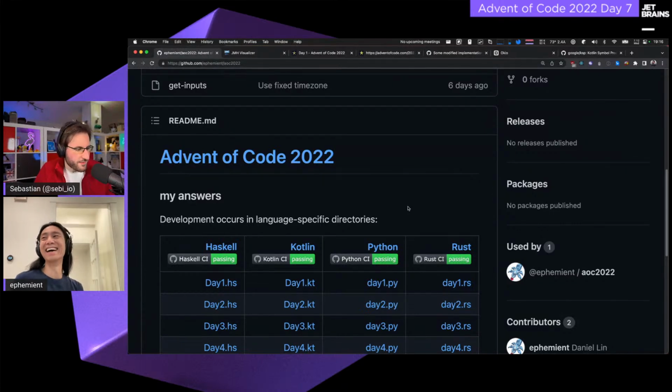I have flashbacks from I think one or two puzzles where I'm like, please. Yep. No, I have written more A-star searches for Advent of Code than I've done for any school projects or anything ever. Okay, wow. I think that says something.